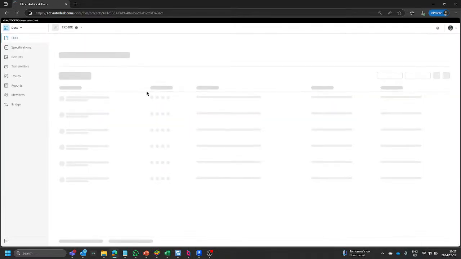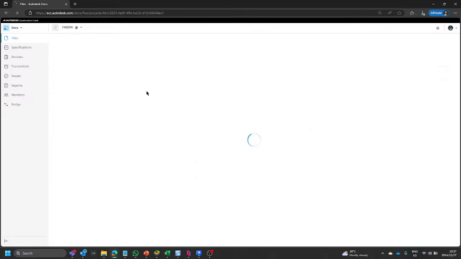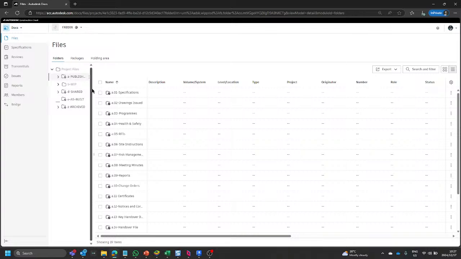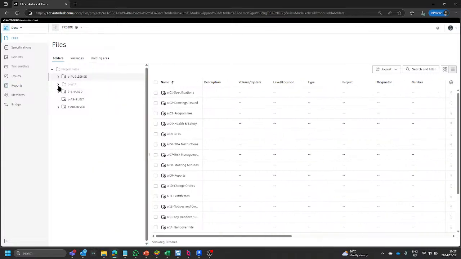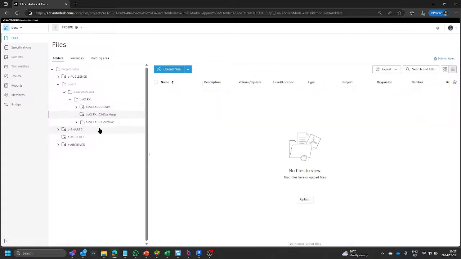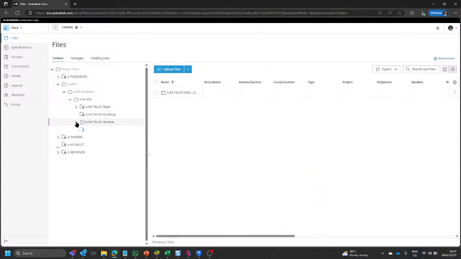Switching through to the docs module. By virtue of the permissions that were given to us by the project administrators in the work in progress folder, I can see the architectural team. I can see that I've got access to our micrographics team. There is the micrographics silo in which the guys are working. I've also got access to the document manager, and I've got access to the archive. So I've got full control of the micrographics team as the admin,